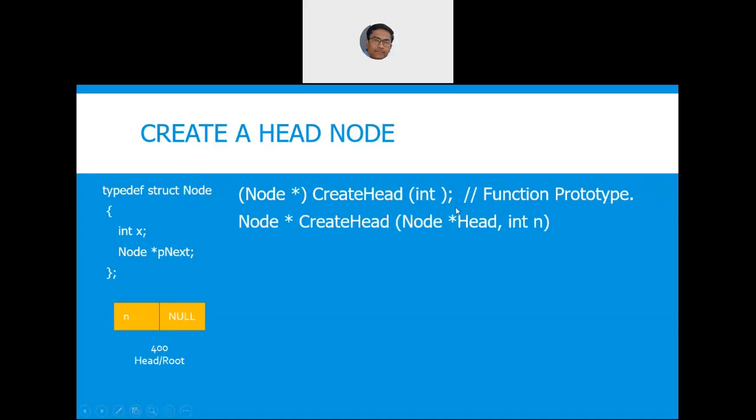So you have two options, option 1 and option 2. In option 1, you can even write void. In option 2 also, you can write void as a return type, because whatever change you are doing inside head will be getting reflected. But the better way is always to return the head node. There is another advantage that I will tell a little later.